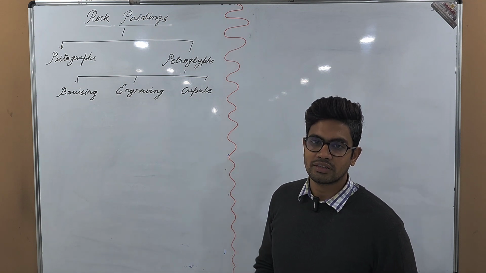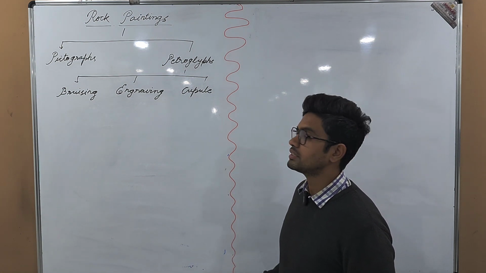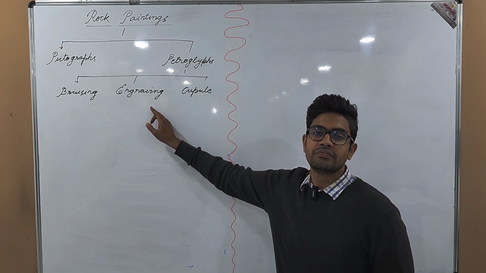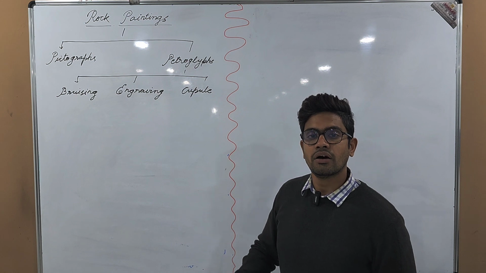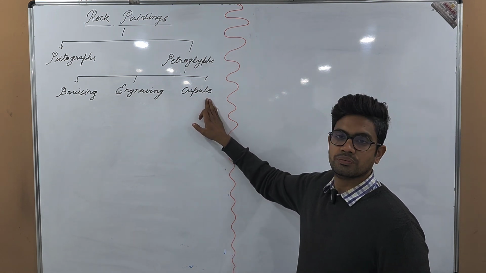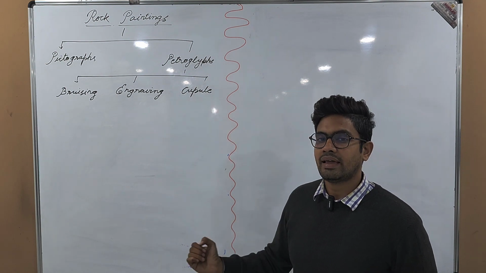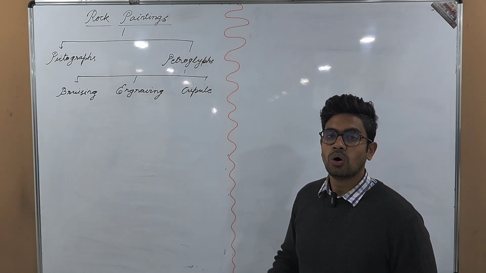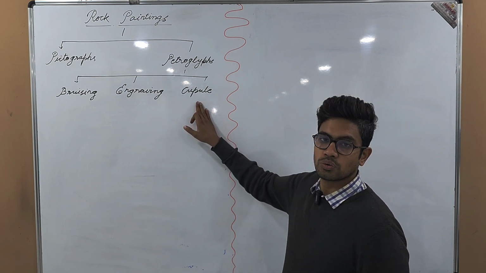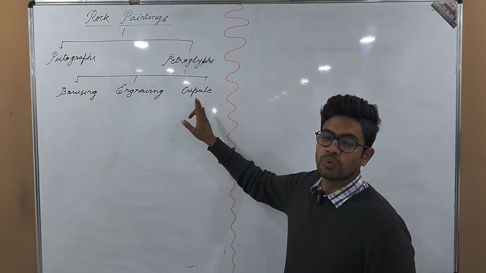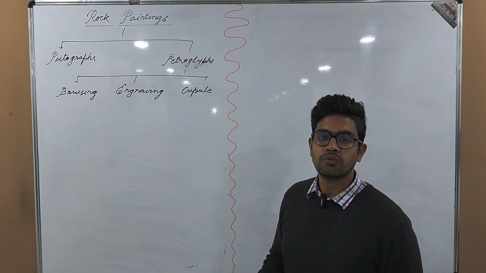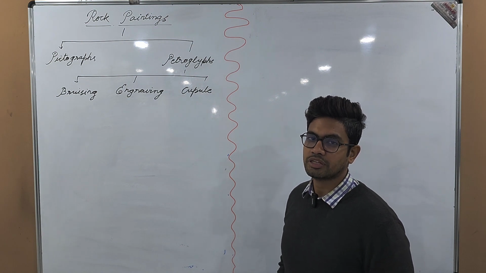Now, what are engravings? Engraving is the application of carving on the rock surface. When different pictures are carved on the rock surface, it is called engraving. Now, what is cupule? Cupule is the application of hammering on the rock surface in such a way that through big hollows, pictures could be created. So when big hollows are created by hammering, and different pictures are depicted with the help of the hollows,